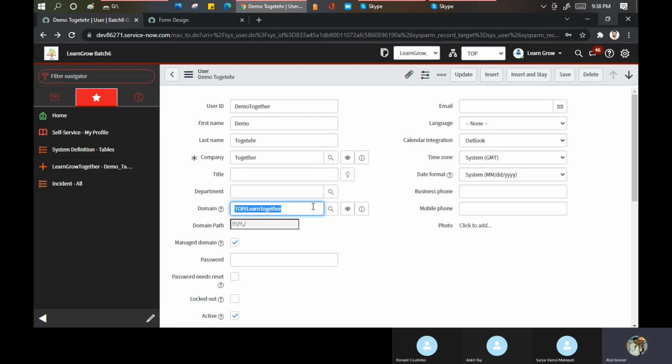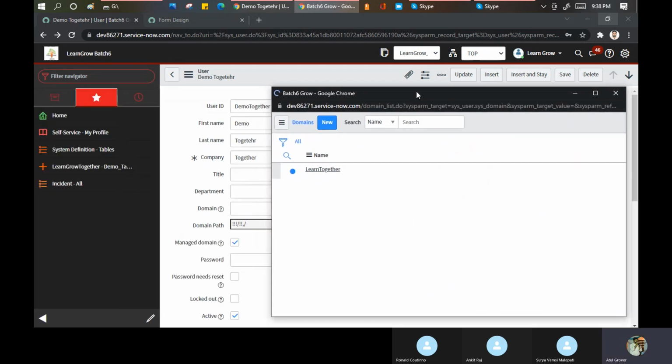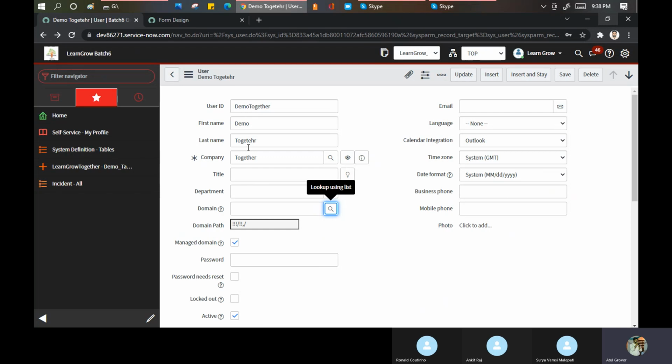Why is it not able to see the other domains? Because we don't have the visibility. This domain doesn't have visibility. This company doesn't have visibility to the other domains.